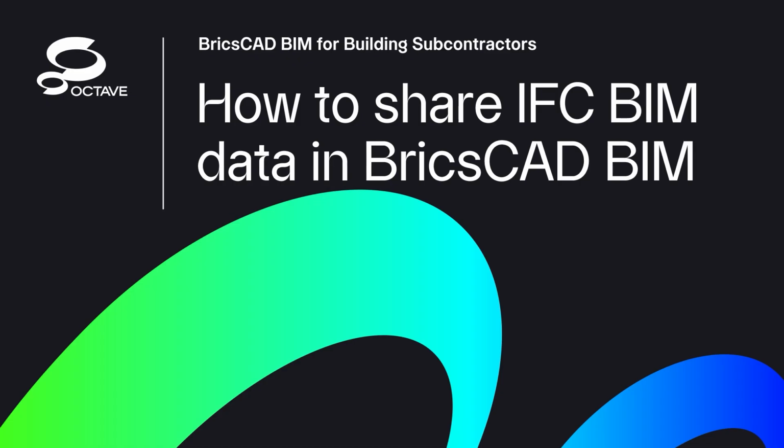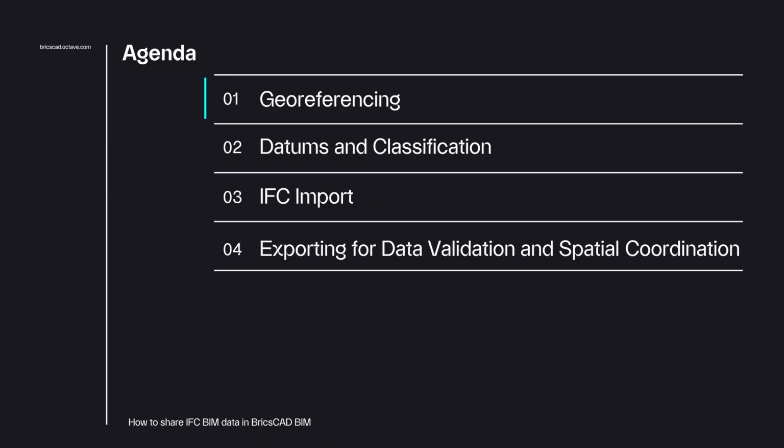In this tutorial, the workflow is broken into 4 steps. First, the project is geo-referenced to establish a reliable spatial foundation. Next, the BricsCAD project structure and IFC framework are defined. From there, IFC data is brought into the coordination model and used to demonstrate how geometry and information can develop